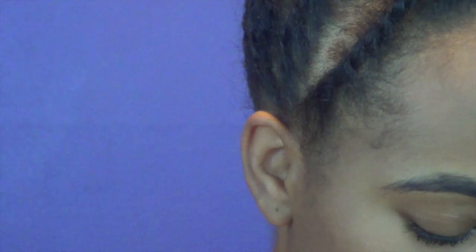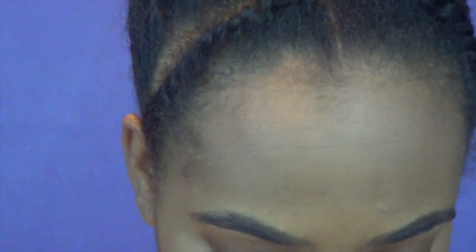And we're just going to add some mascara. And instead of using an eyeshadow brush, I'm just gonna use my fingers and put a little bit of this on my lid just for something natural. I mean, it doesn't have to be a whole lot for going to work. And then lastly, we're gonna do